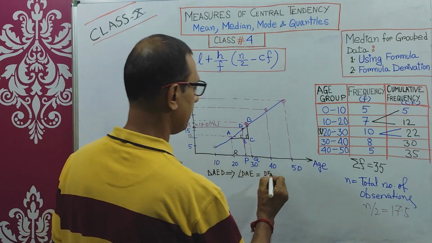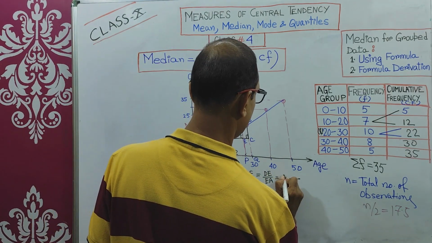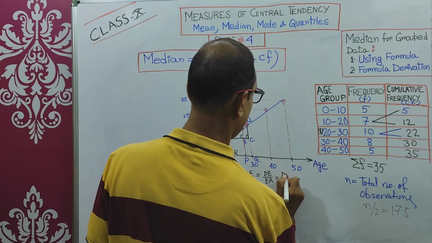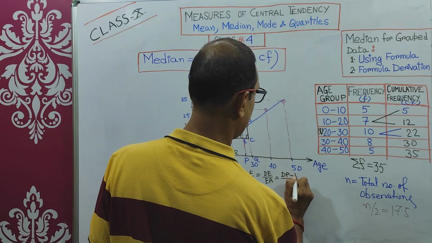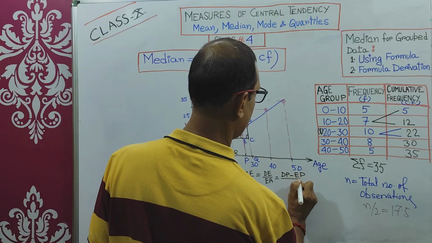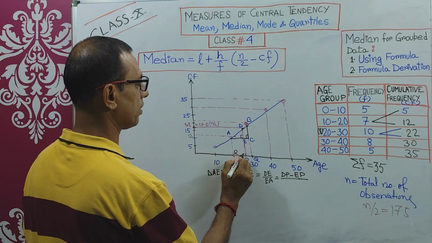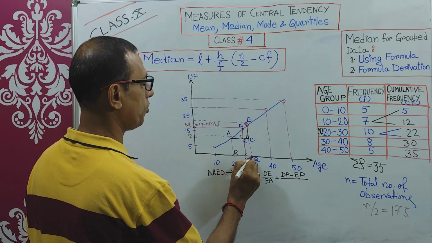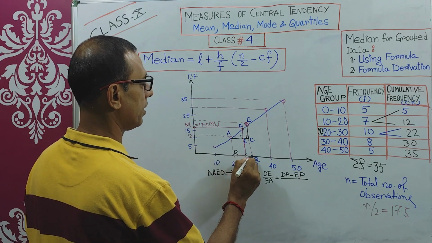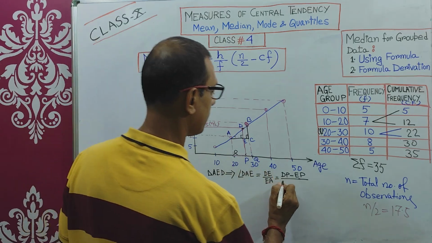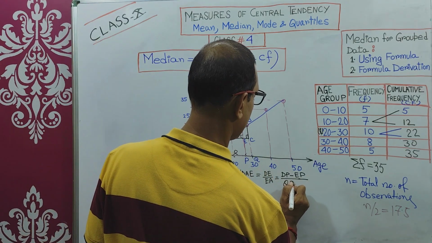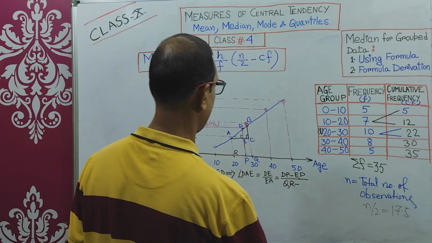What is DE? DE equals DP minus EP. And what is EA? EA equals QR minus